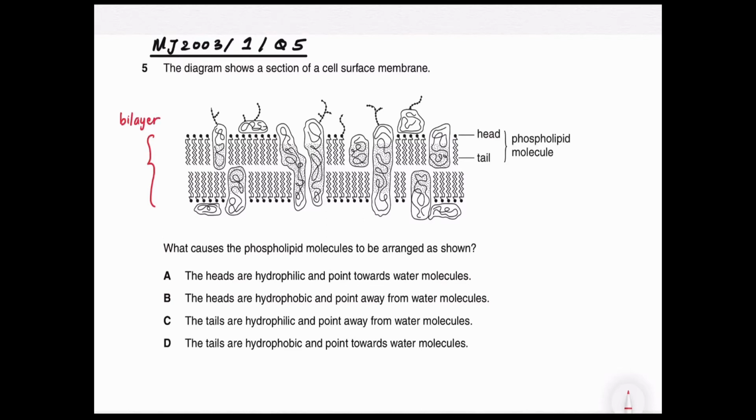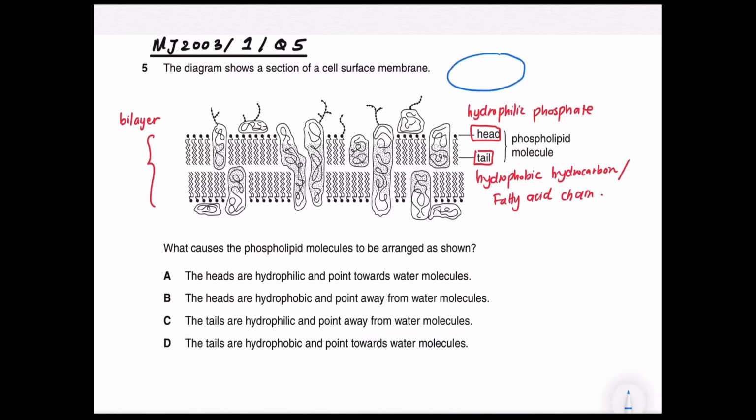So we know that the phospholipid has a head that is hydrophilic because it's made up of a phosphate. So we usually call it the hydrophilic phosphate head, and the tail is actually made up of hydrophobic hydrocarbon, or sometimes it's known as fatty acid chain. So the hydrophilic phosphate will be facing the aqueous environment, which is here,